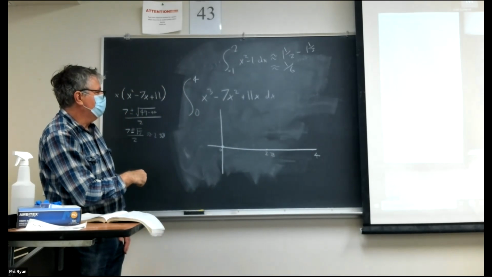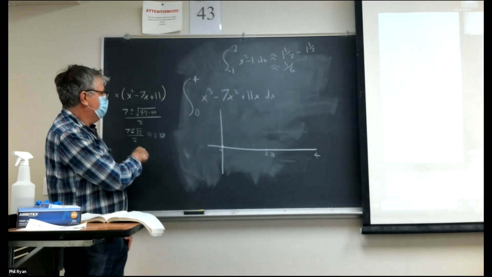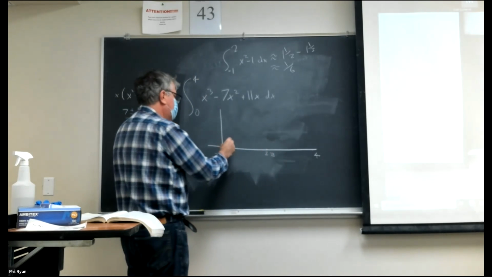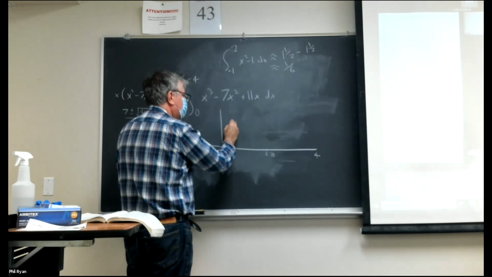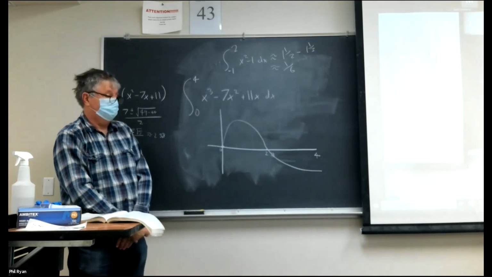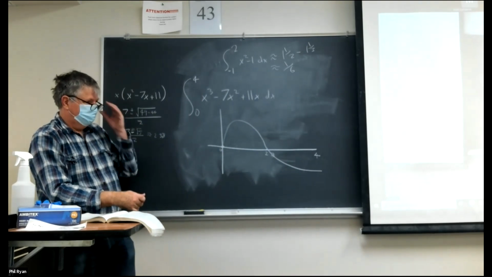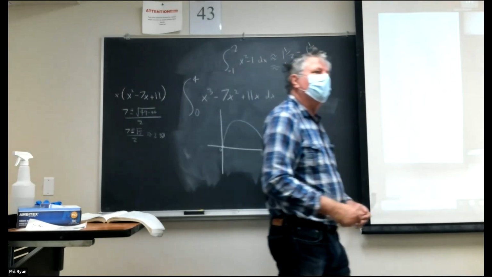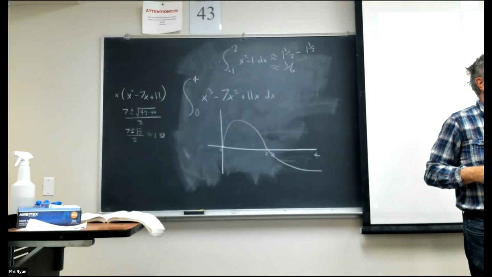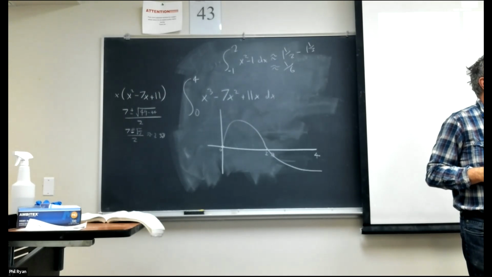Okay, and what we would find out is that it is positive here and negative here, and so it would look something like that. So you could have done that like over there. I did a few computations. An easier way to do it is just to use your graphing calculator and see what it's